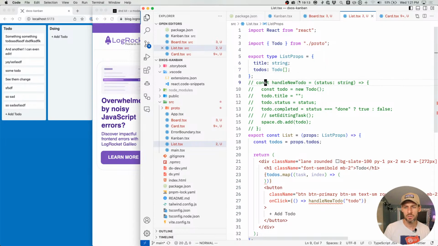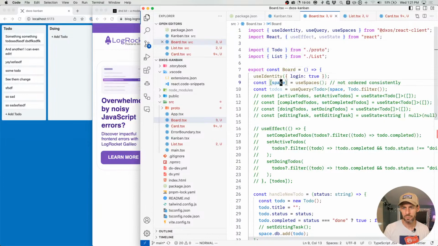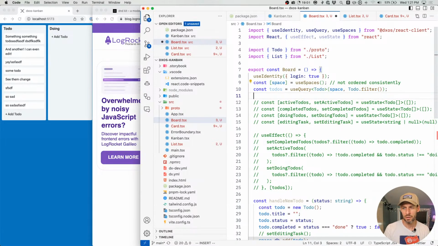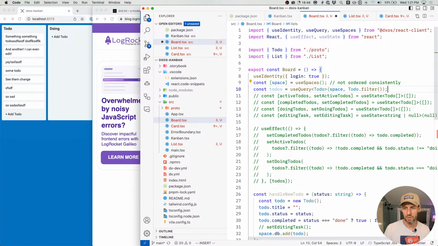A string, which is the title of the board, and the to-dos that are a part of it. All right, so we're getting the to-dos back here. We need to iterate over,